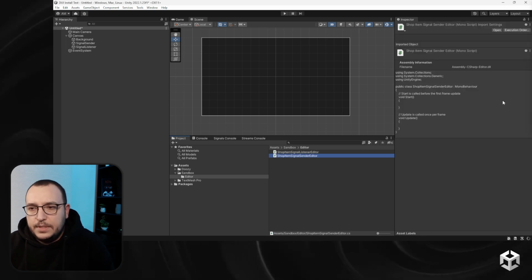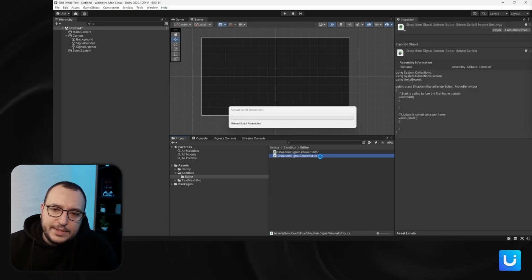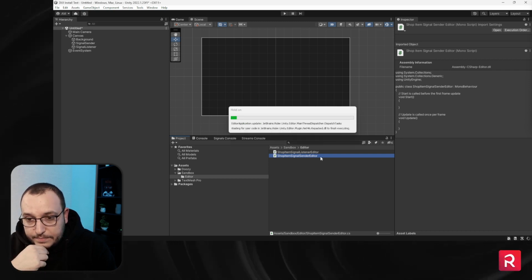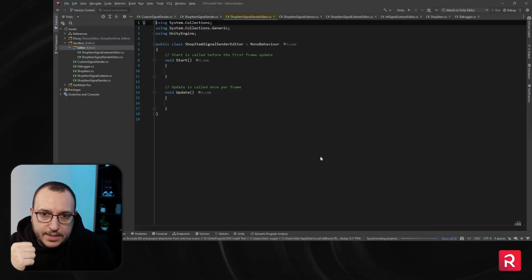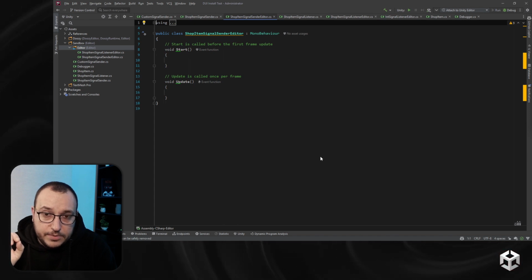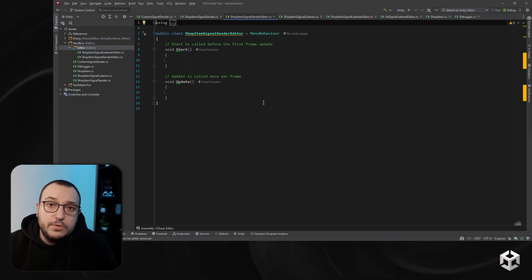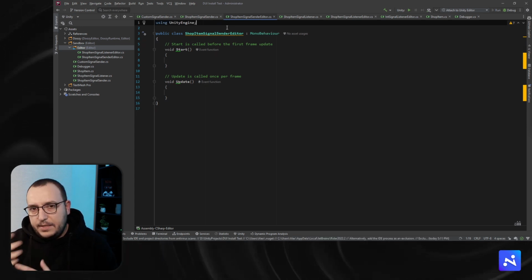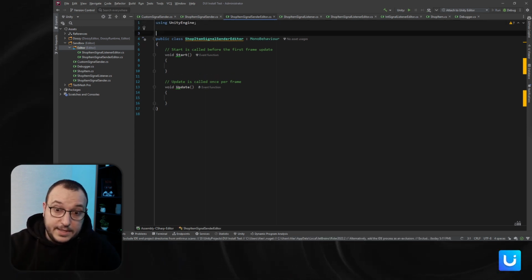Right? Now, because we're not extending from another class like we did in the listener part, I'm going to create an editor from scratch. This is just a few extra lines of code, and I'm going to explain how everything works. First, the namespace